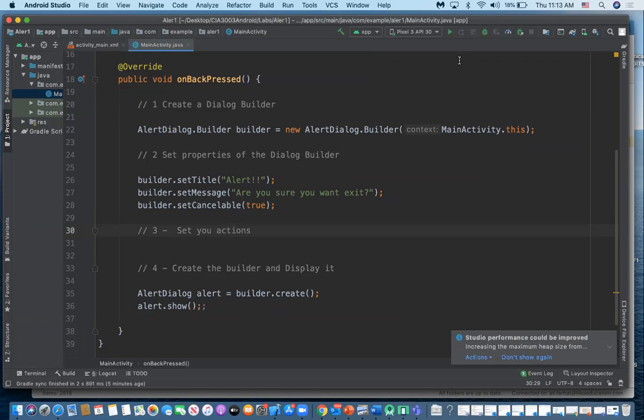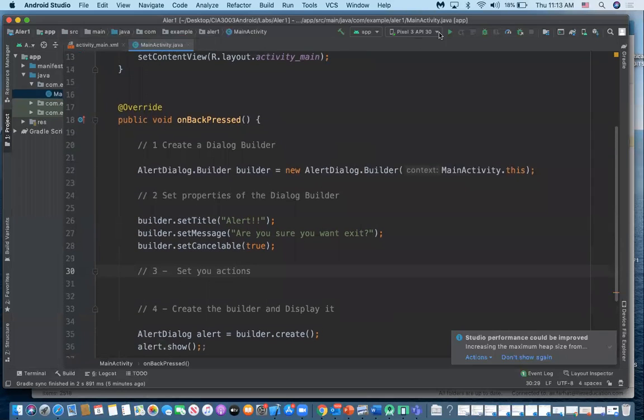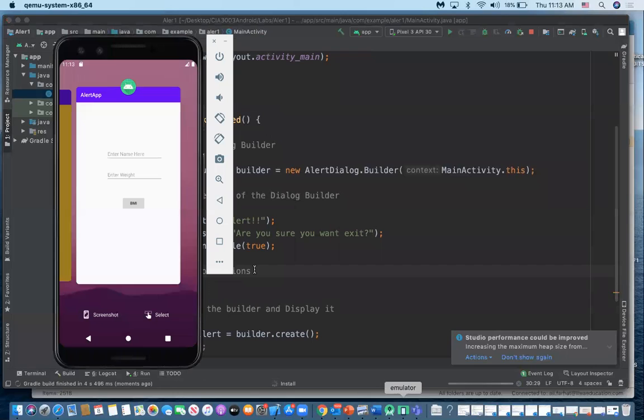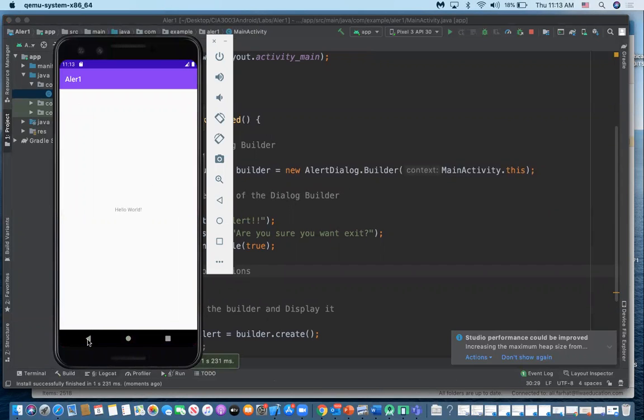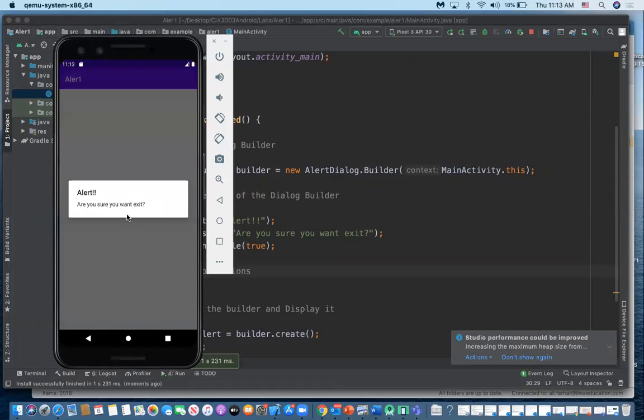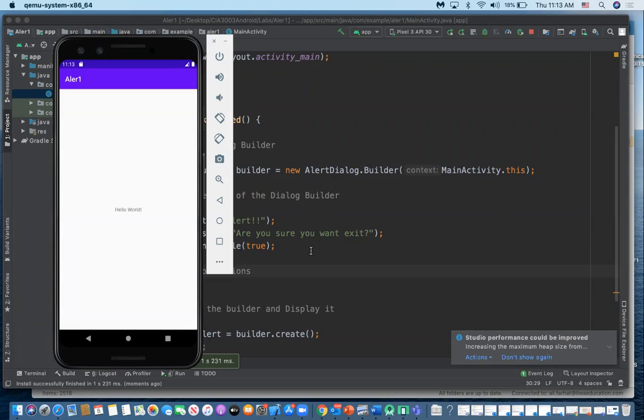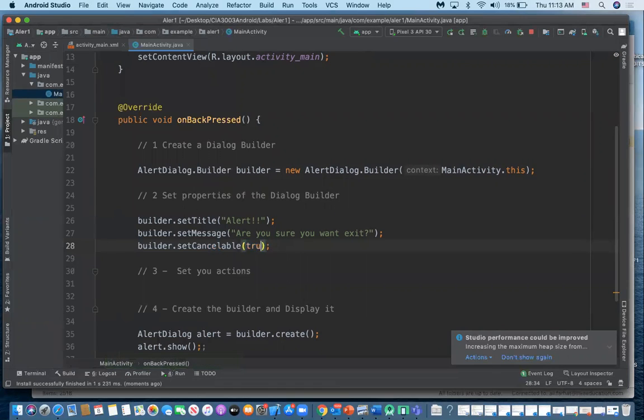So now if I run this application, what will happen? When I click on the back button, I will get that dialog. And now, because I set cancelable equal to true, if I click outside, that dialog is gone. Now, if I change this to false, and then run it again,